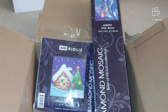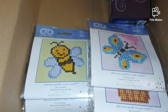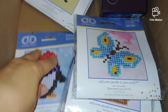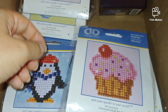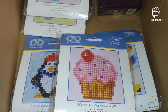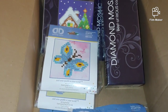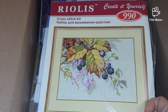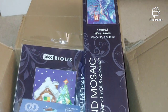This is the second part of the package. I ordered a few kits for the children from Diamond Dots. Here they are. I'm going to diamond paint it with my daughter, and most likely we are going to modify all those kits with crystals. I also purchased this cross-stitch kit for my mom from Russian company Riolis, and this diamond painting kit